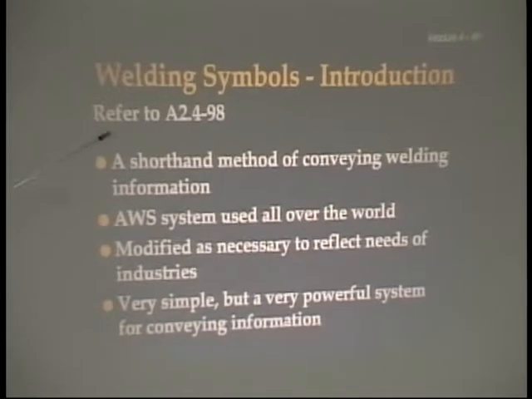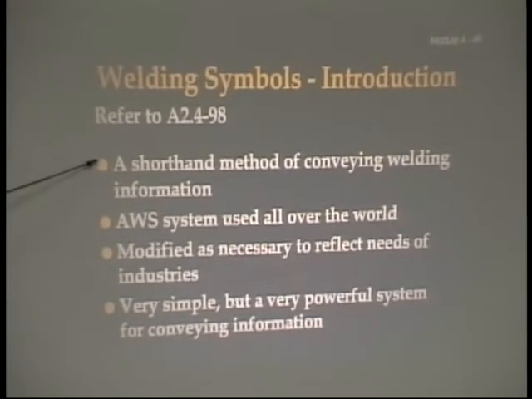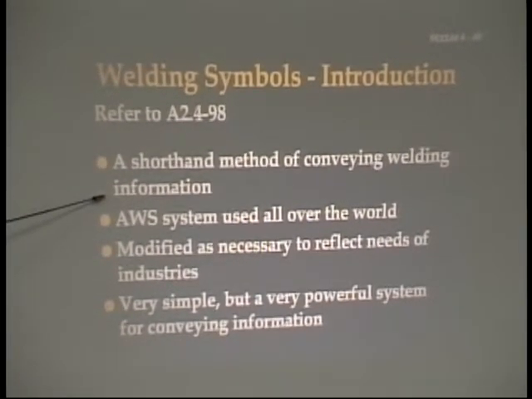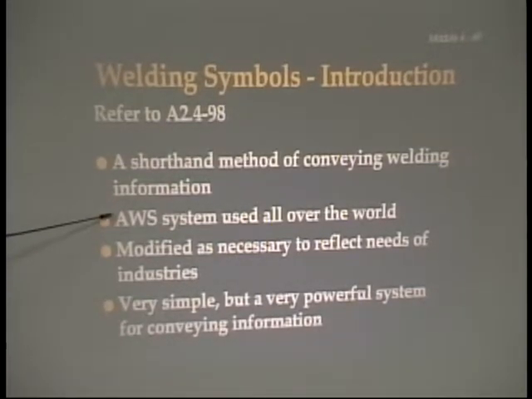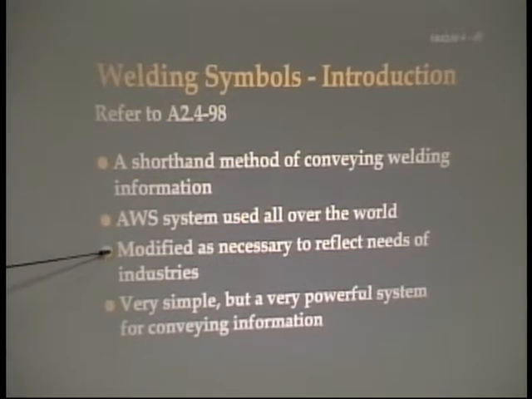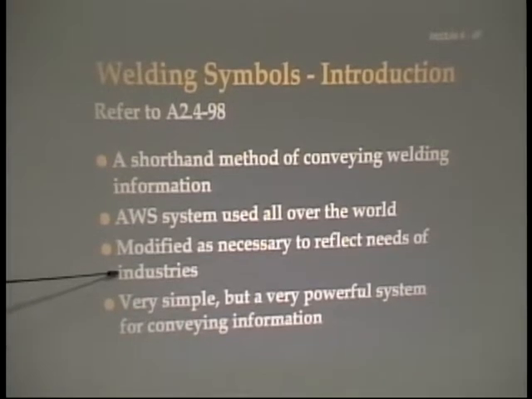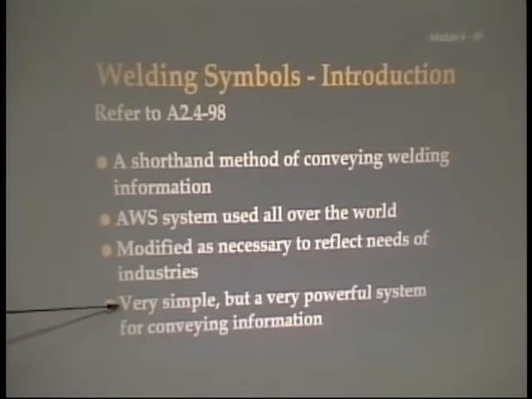If you look at this, a welding symbol is a shorthand method for conveying welding information, and you can put an awful lot of information on these symbols. The AWS system is used all over the world, and it is modified as necessary to reflect needs of industry. It's a very simple but a very powerful system for conveying information. Once you learn how to read it, when you first look at it, you think, my God, that's really complex,